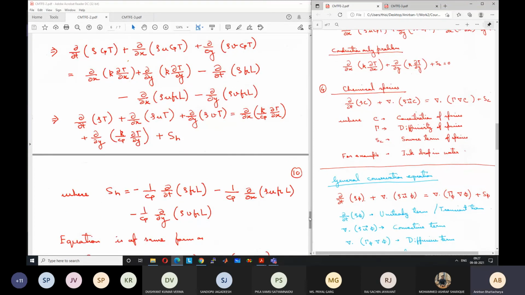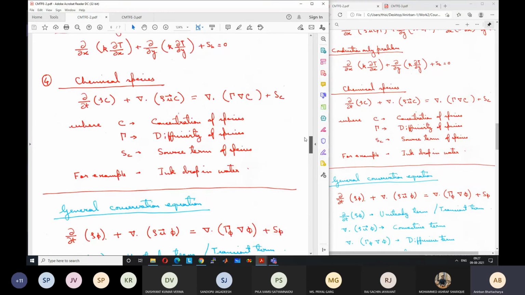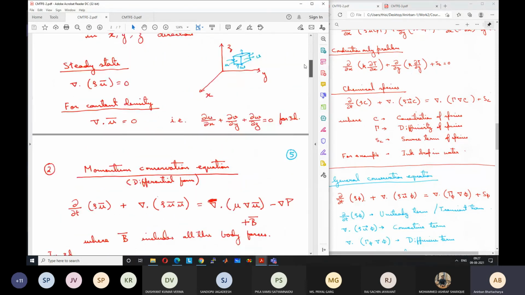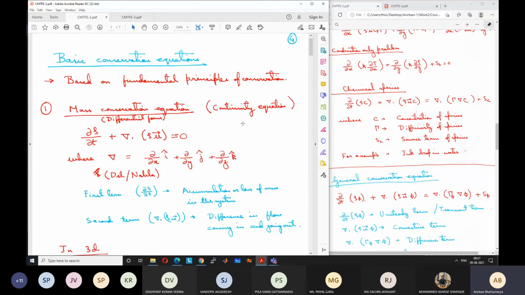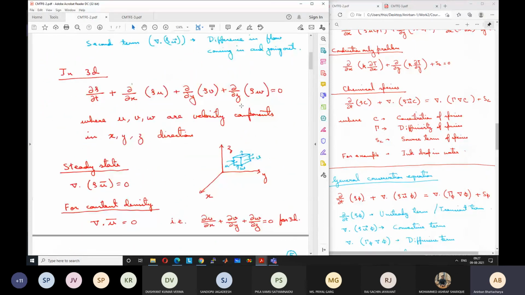So these governing equations you need to know. Apart from that, we don't need to know any other governing equation for our course because it's a basic course. But there are other equations also which can be tackled using CFD. For example, if there is compressible flow, then how to solve those types of things is beyond the scope of this course.